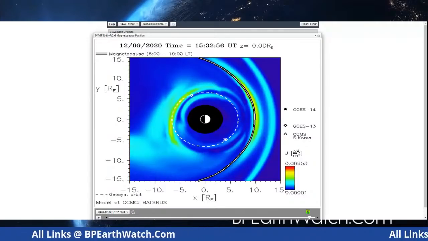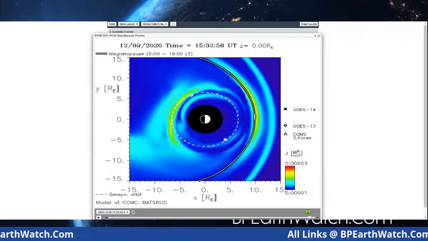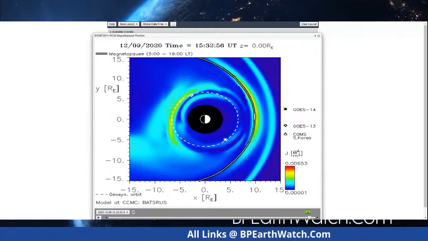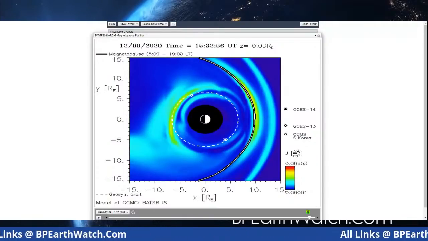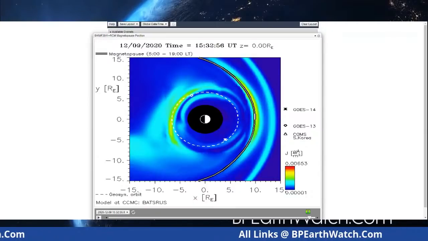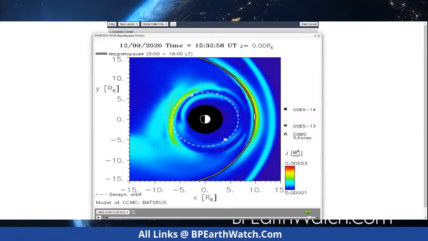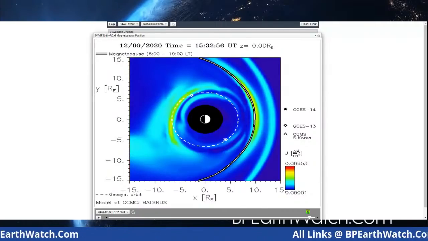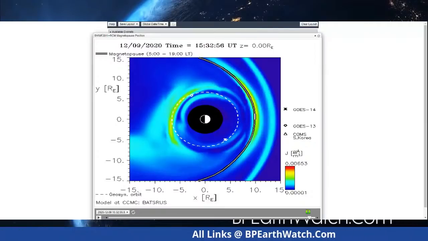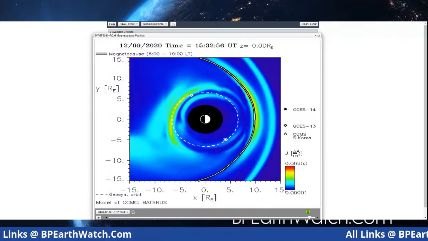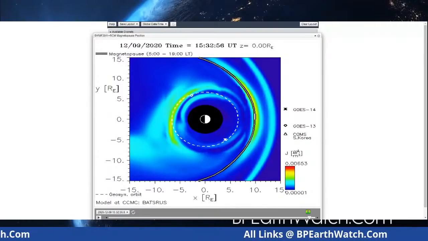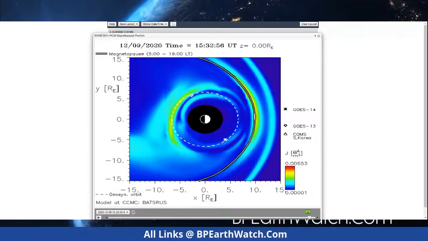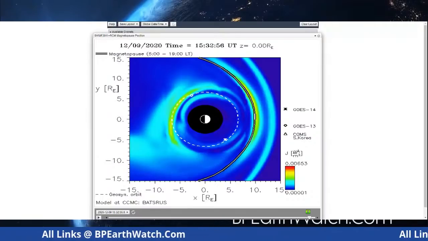Then you have in the dotted lines a series of satellites, our early warning system. You've got the GOES 14 and the 13 and the South Korean communications satellite. And there you can see, possibly if you enlarge the screen, they're indicated by a diamond and an X and things like that. And so the sun is to the right of the image. And what you're seeing in this white line is representative of our shields, and you're seeing pressure coming from the sun. You're starting to get a double line here, and this is the burn off.